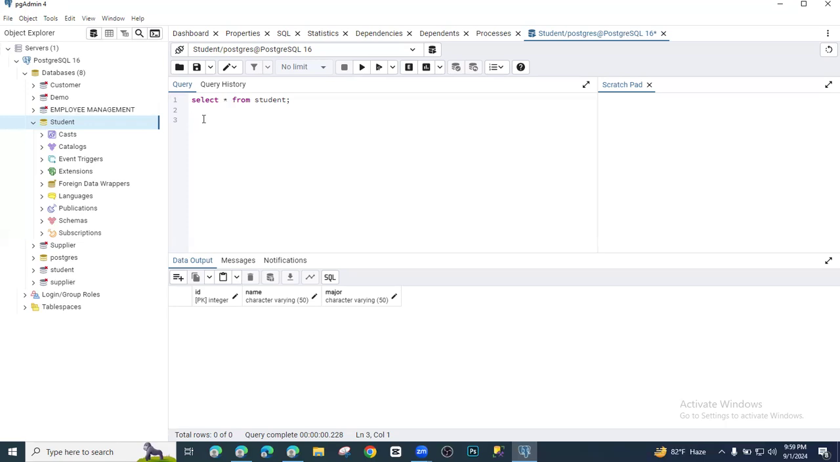Here you can see that we have created a table called student in the previous lecture, which includes three columns: ID, name, and major. So we want to create a table from this existing student table, and the new table should be named student info. Okay, so I should write a command, create